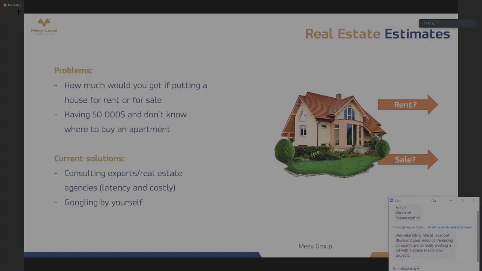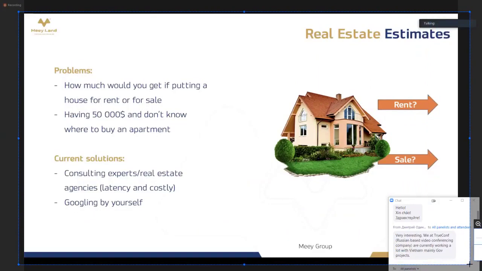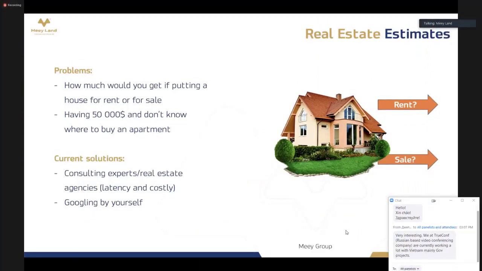Real estate estimation is the problem of trying to estimate the price of real estate properties. For example, if you have a house or an apartment that you are not using yet, and you want to put it for rent, you ask, how much should I obtain each month? Or if you want to put it for sale, how much would you get from that? So the classical way to answer that question